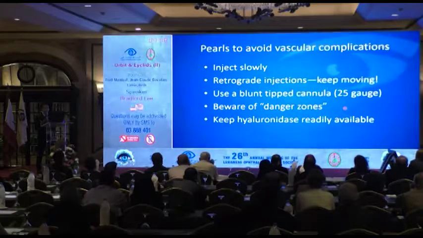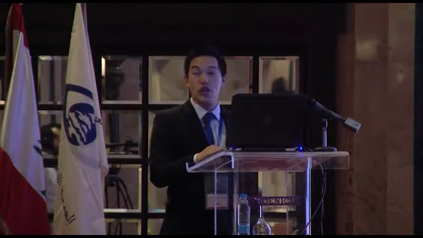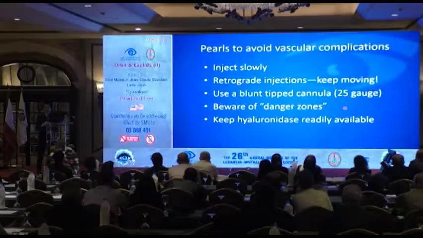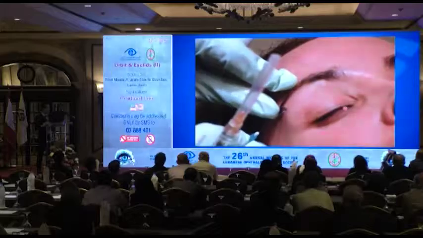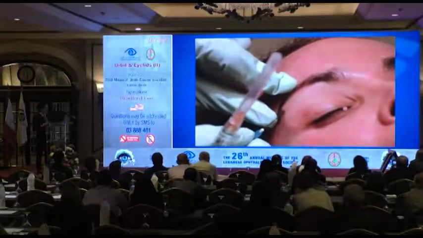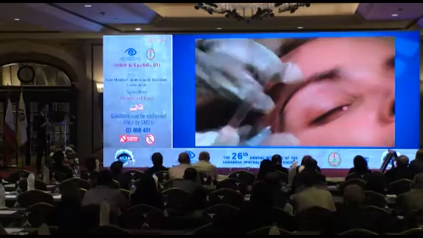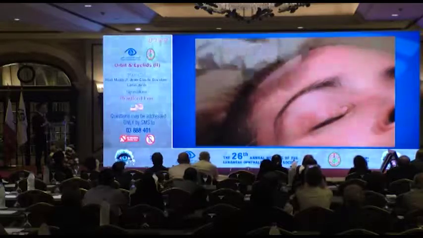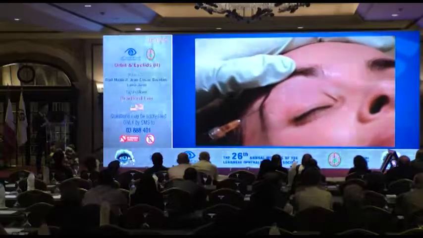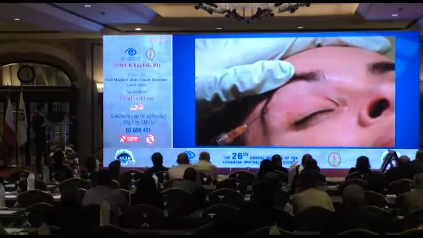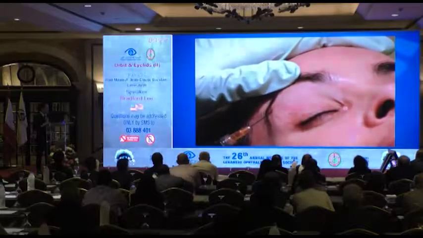Even a 30 gauge cannula is like a needle and can perforate a vessel with enough force. Know your danger zone. So certainly the glabellar region and the supraorbital notch area are danger zones, and then keep hyaluronidase readily available. This is an example of my injection technique here. I typically like to make a little wheel of lidocaine just under the tail of the brow here. Then I make my needle puncture, and then I will insert the cannula, and you can see that I'm lifting